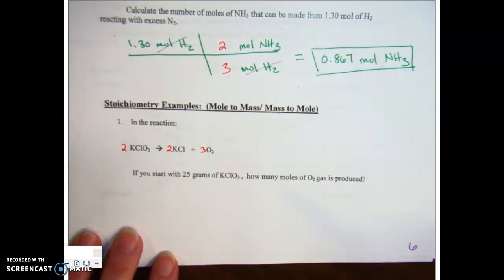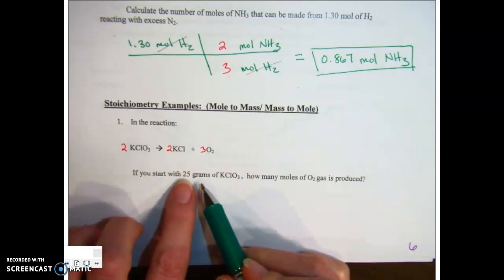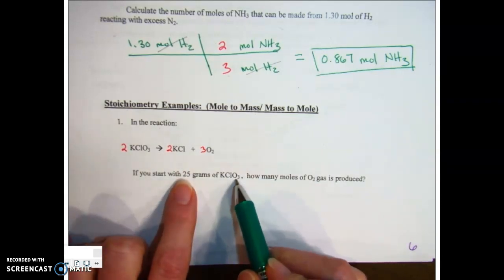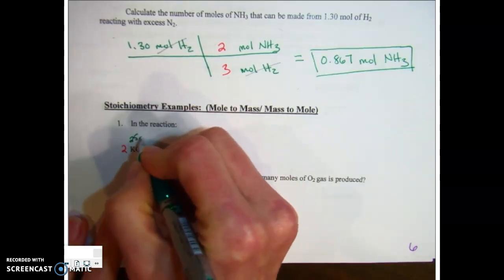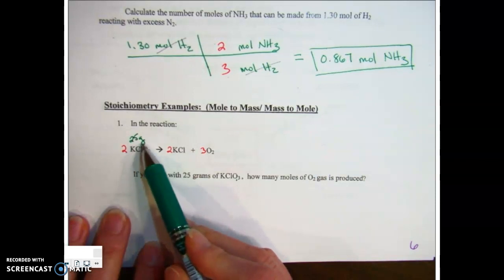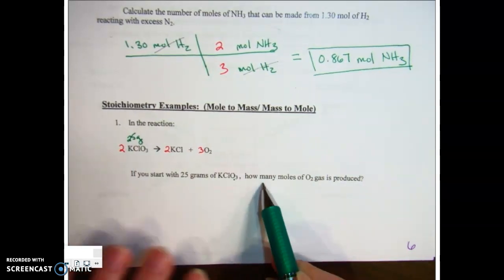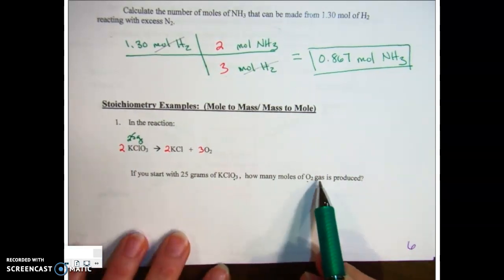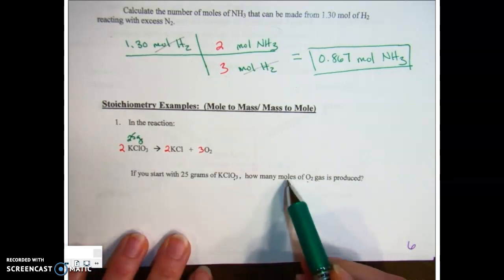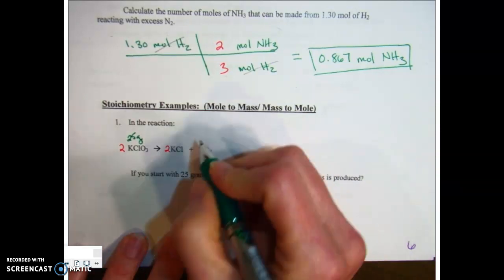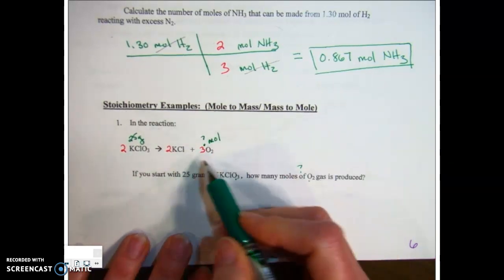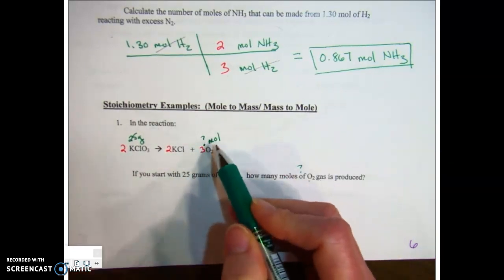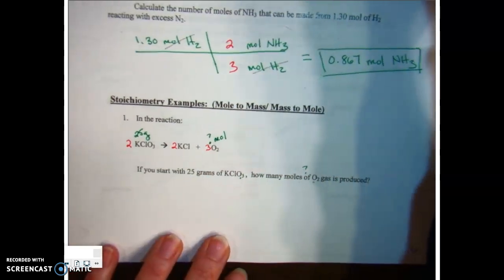So now you read your problem. If you start with 25 grams of potassium chlorate, I encourage you to write it above the substance. Put the amount and the unit. How many moles of oxygen gas is produced? So this is what you're looking for. So we want the amount of oxygen in moles. Again, you can use X, I use a question mark, probably not. Math teachers wouldn't like it, but